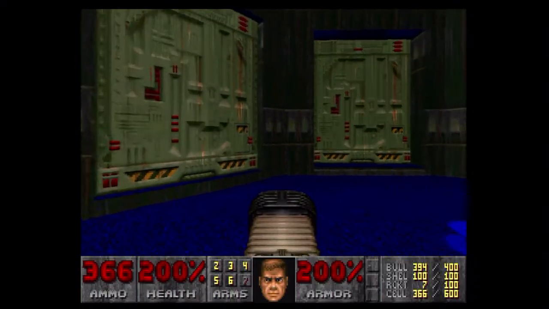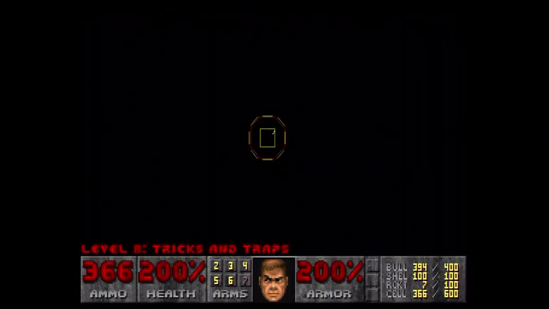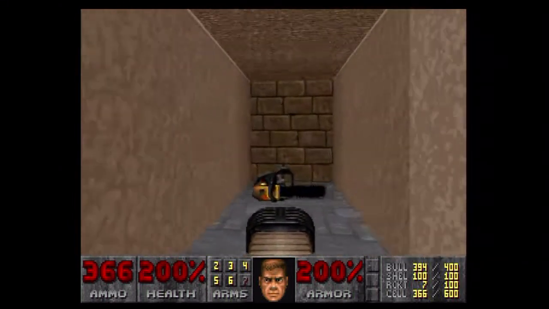This level here is called Tricks and Traps. Now you can see we've got tons of doors to choose from. The map is no help. So you pick a door. The first one I pick, I'm like, oh, a chainsaw. Well, that's very nice of you, game. Thank you for giving me...